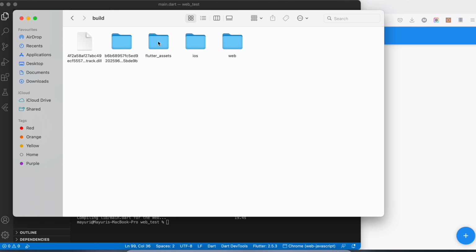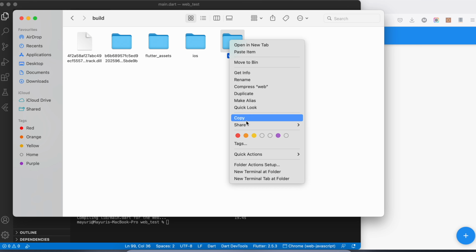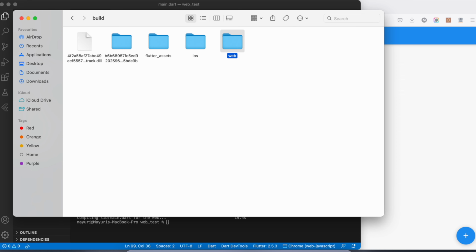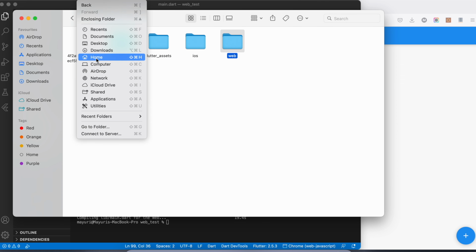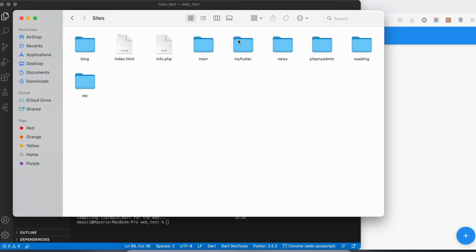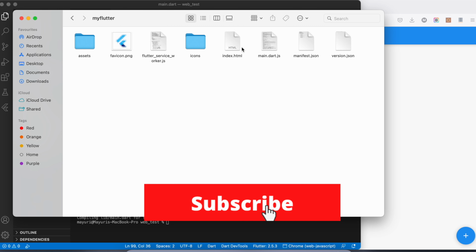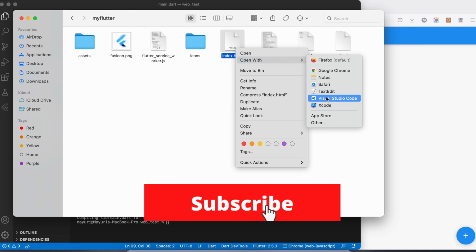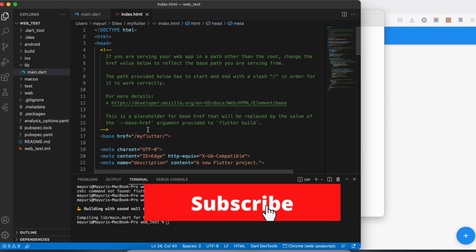Inside the build we copy this web folder and paste it into Apache's htdocs or www, or in my case it is sites. Here I have pasted and renamed it, and in the index.html file I have specified the name of the base directory.